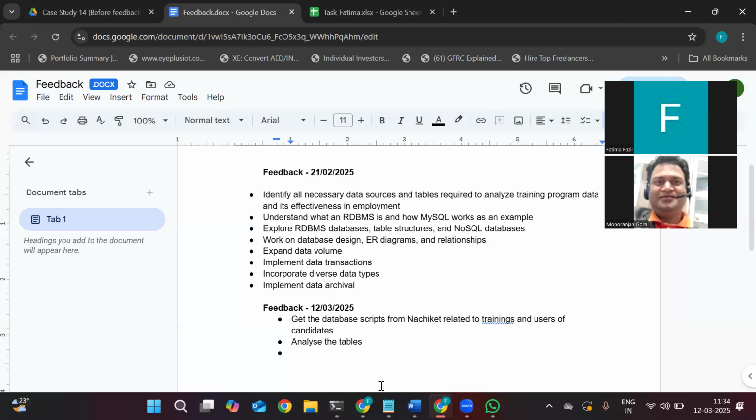NoSQL, I have not worked on it before, so I still have to learn that. And if I have any doubts, yes, I'll ask you because I've not worked on MongoDB and similar types. So can you do one thing? Take up a quick tutorial of 2 to 3 hours on NoSQL database and get back to me. Yeah. Write down. Go through a tutorial of 2 to 3 hours on NoSQL.